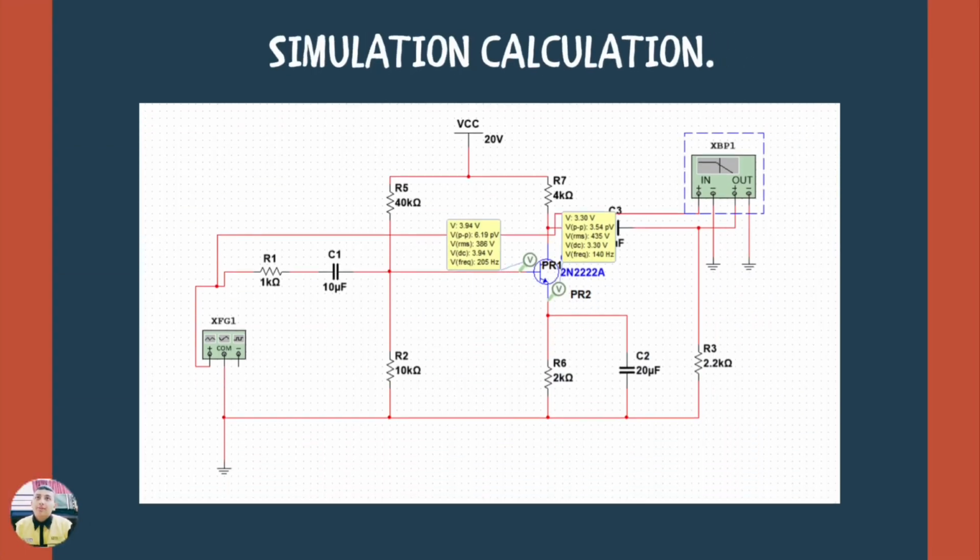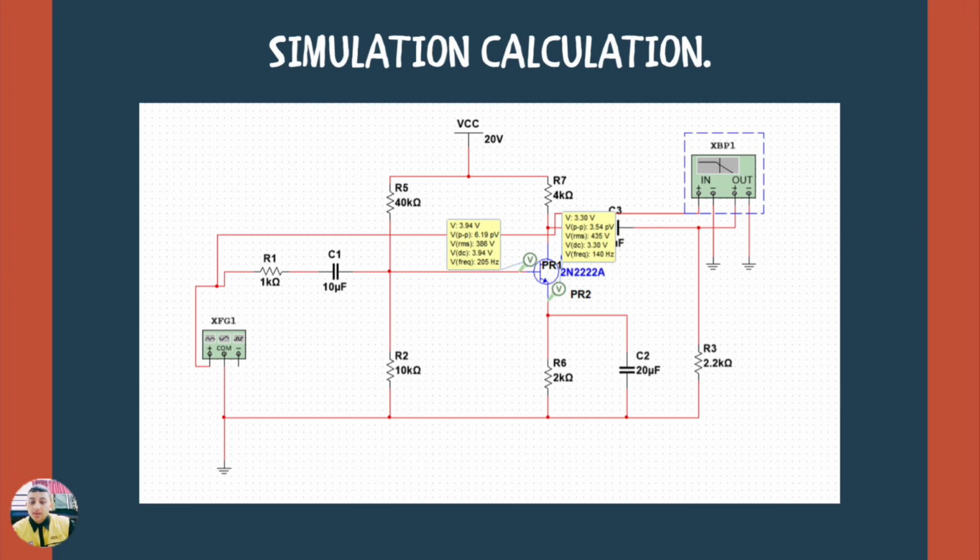Now let's take a look at the simulation calculation. This is the circuit that we have transformed from the manual calculation to the Multisim software. Let me introduce first the components that we have used. This green one is the function generator. Next, we have resistor 1 here, which provides 1